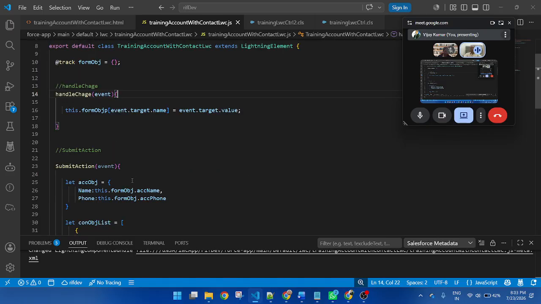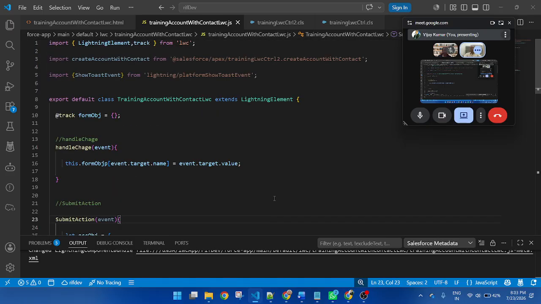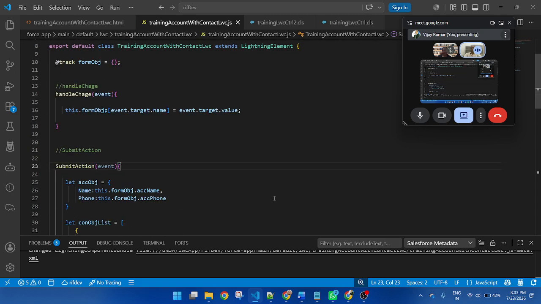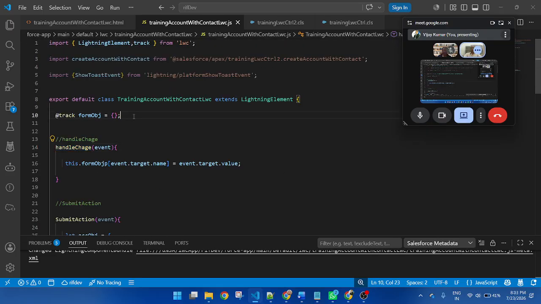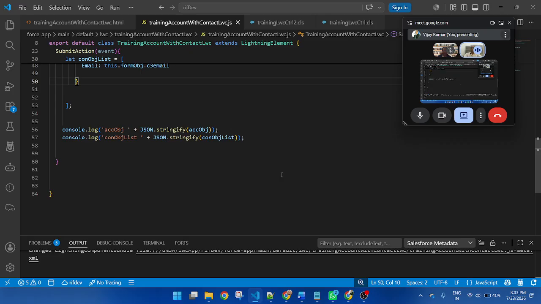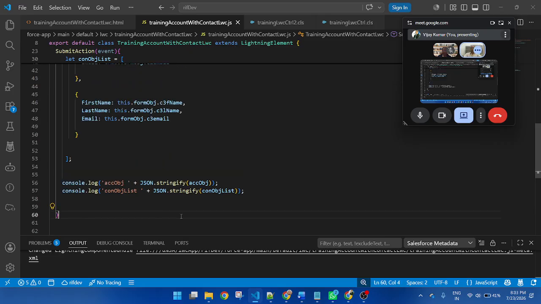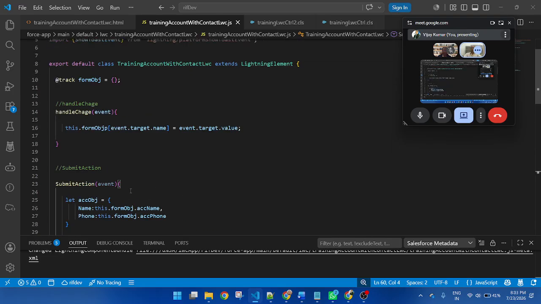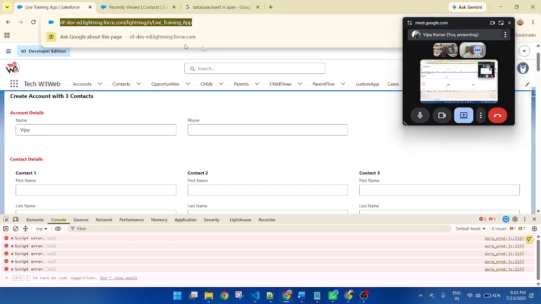This is handleChange. This is a function. So when I am trying to, this is a name. Okay, console.log. Why am I getting this error?